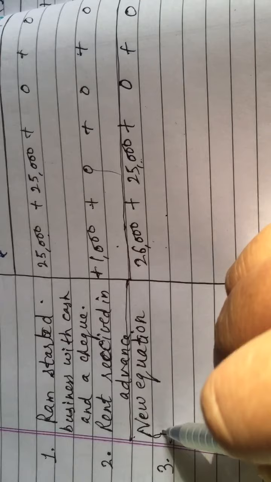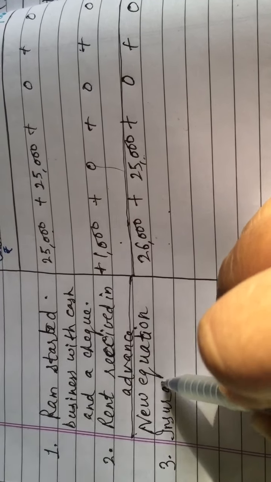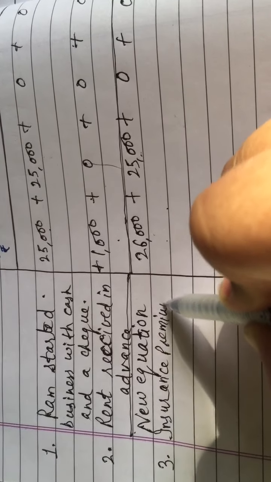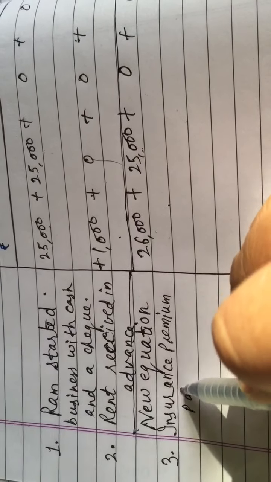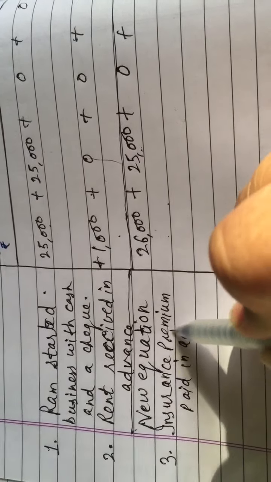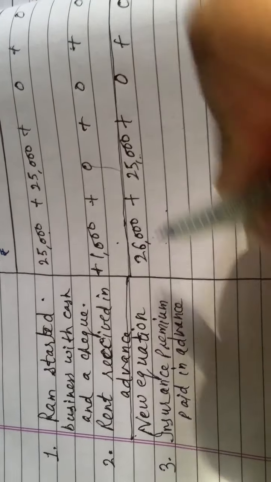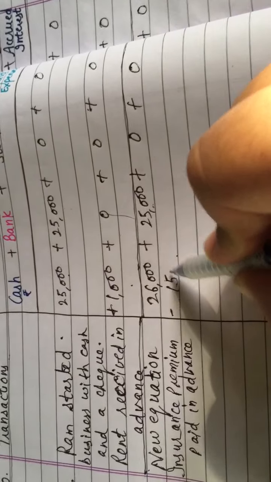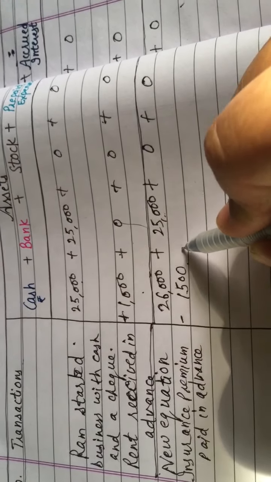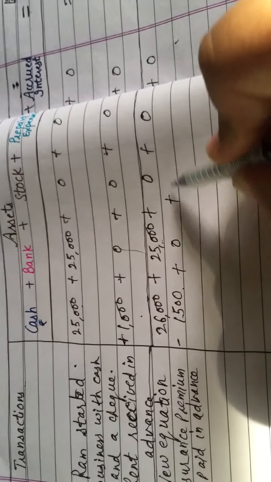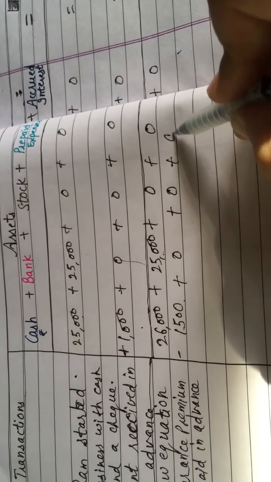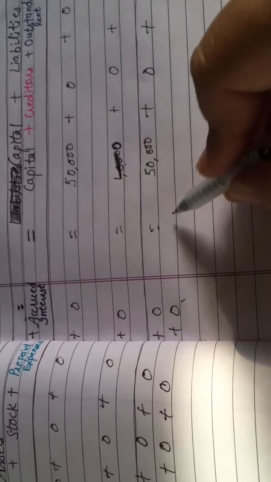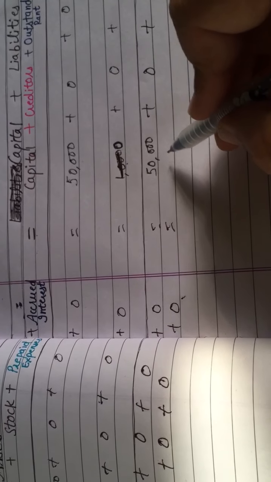First we will write the particulars: insurance premium paid in advance, that is rupees 1,500. So cash will decrease by rupees 1,500. Bank no change, stock no change. Capital,